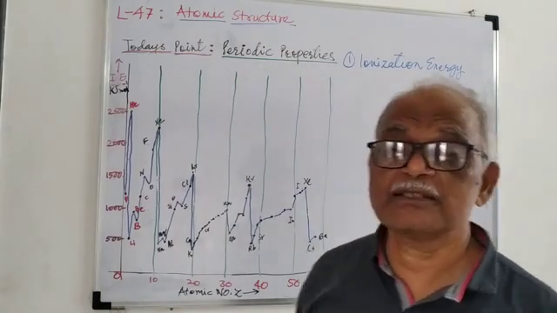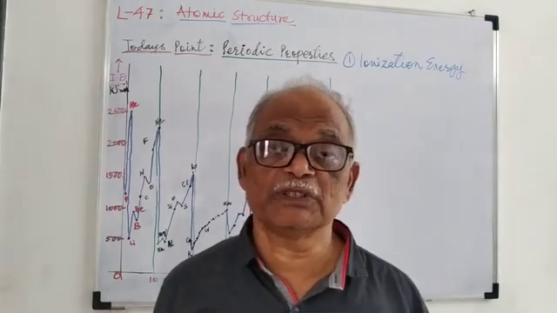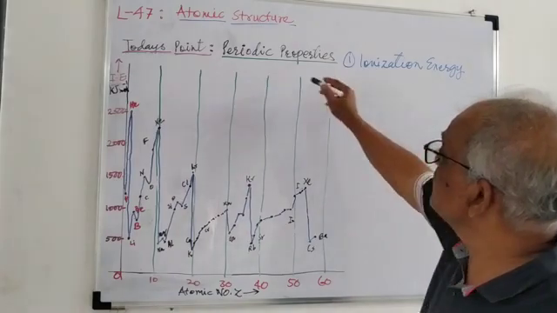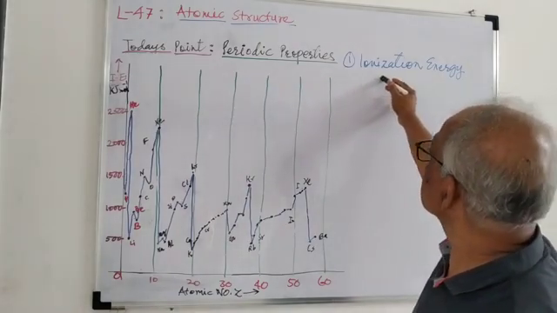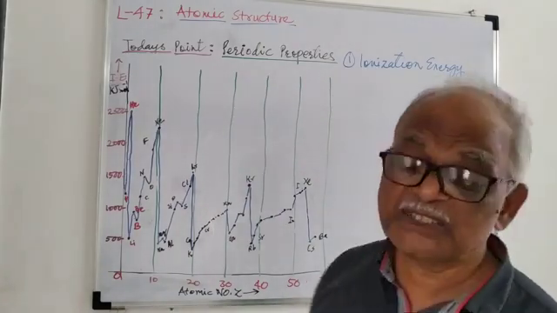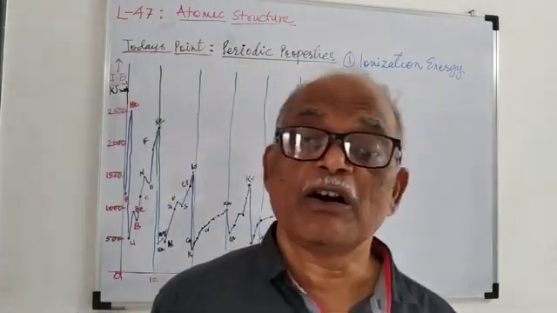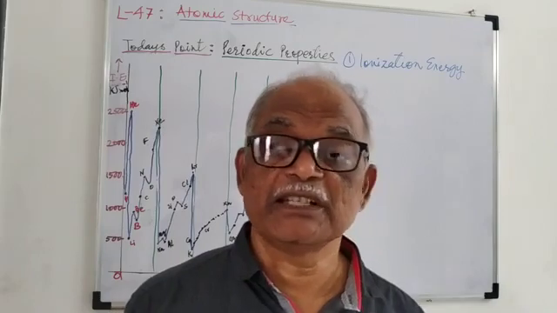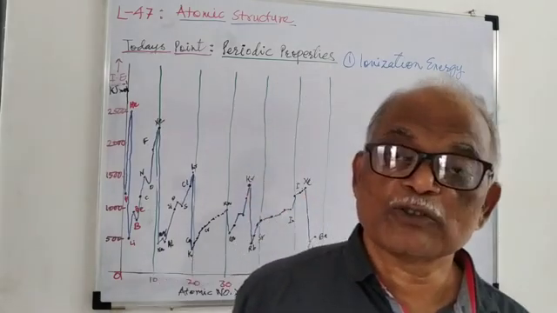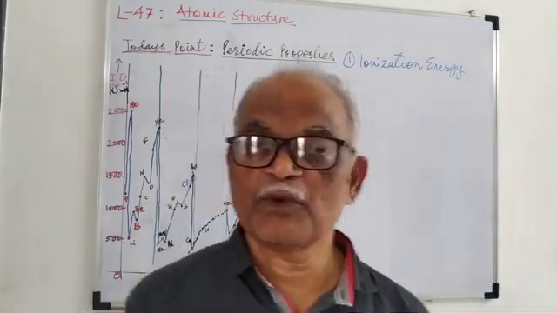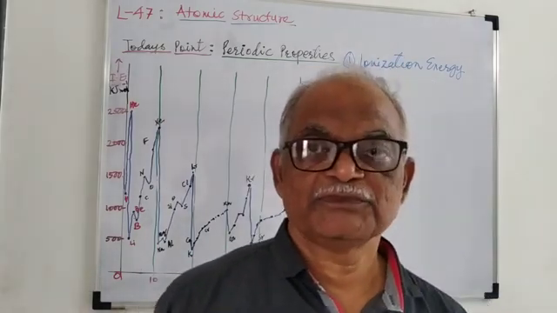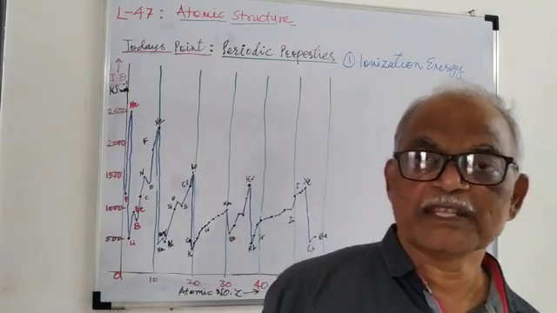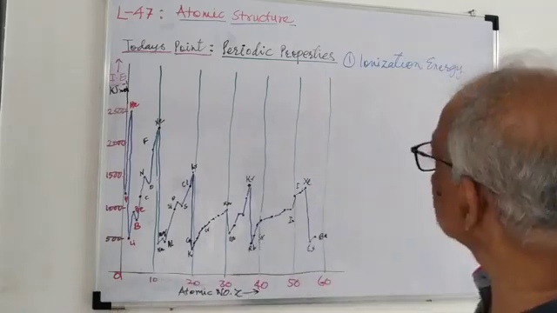We were discussing atomic structure, and under this head we are going to see the periodic properties of various elements which we have shown in the periodic table. So there are periodic properties such as ionization energy, electron affinity, or we can have various other properties like electronegativity, atomic size, ionic size, covalent radius, etc. We can study a variety of properties, but out of these we will discuss the first property here,